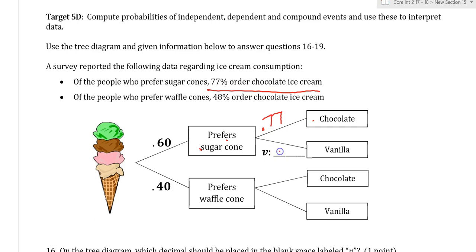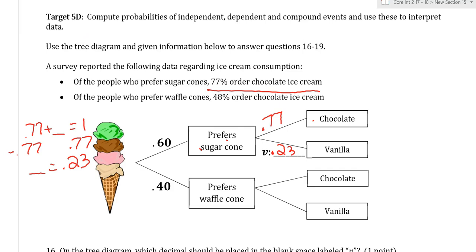Using that, I can find what will go here. Remember, 0.77 plus that blank will equal 1. So I'm going to subtract 0.77, and my blank equals 0.23, or .23. Either way. Then the next thing it says is, of the people who prefer waffle cones,